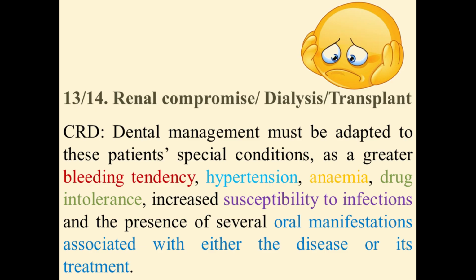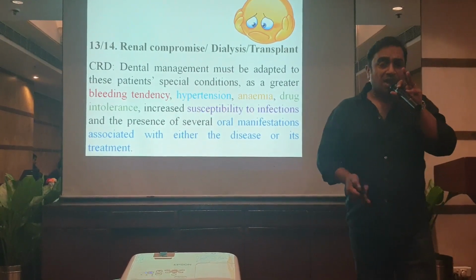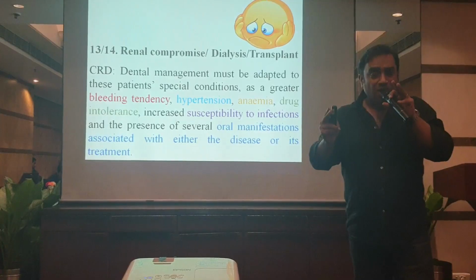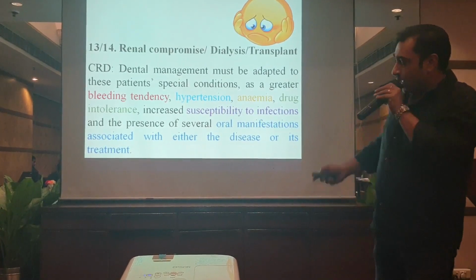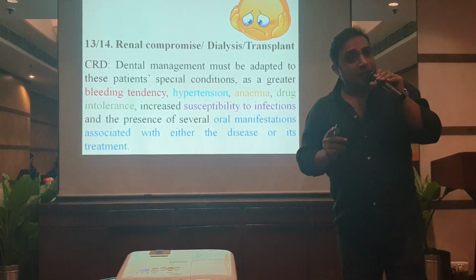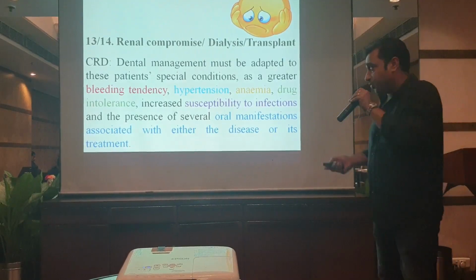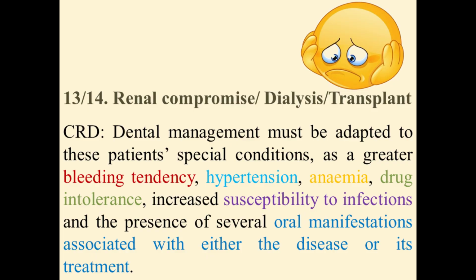The first ones, like cardiac patient, the diabetic patient, the thyroid patient, the pregnant patient, those are quite straightforward and we have discussed before. Kidney and liver are two organs which are so multifunctional that the problems from these organs come in different ways. So what are the different ways? This patient has got a greater bleeding tendency, a patient on any of these, specifically CRD,